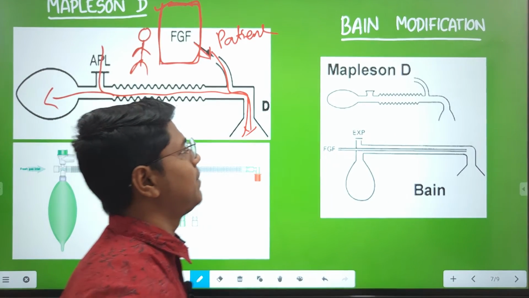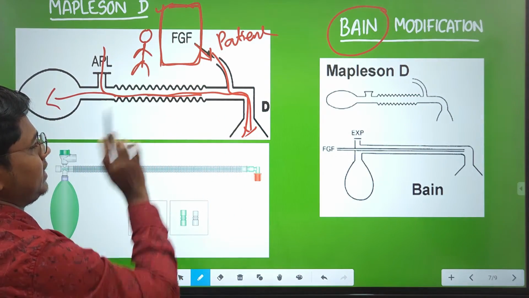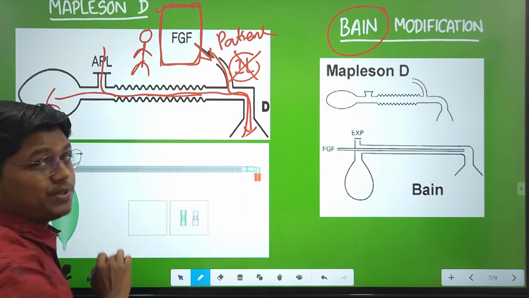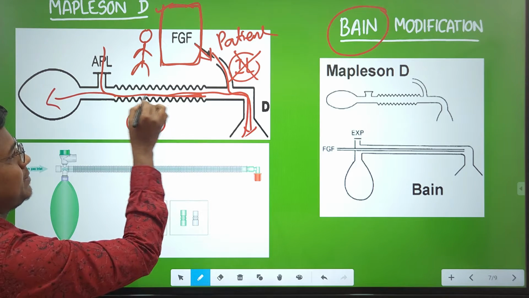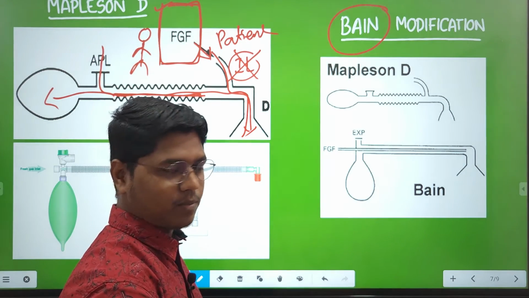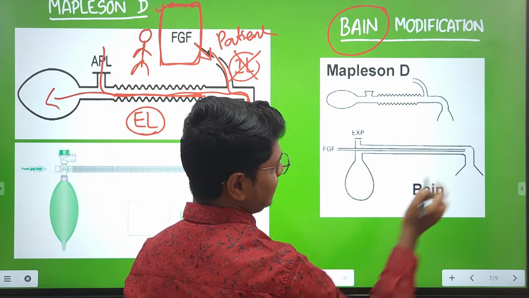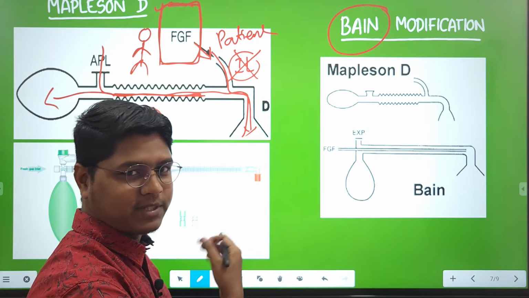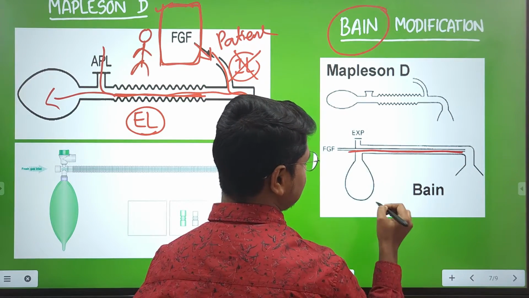So a scientist named Bain modified this circuit. Here you see there isn't any inspiratory limb. Only the expiratory limb is there. So what he did was provide an inspiratory limb, just like the other modification on Mapleson A. This is a coaxial